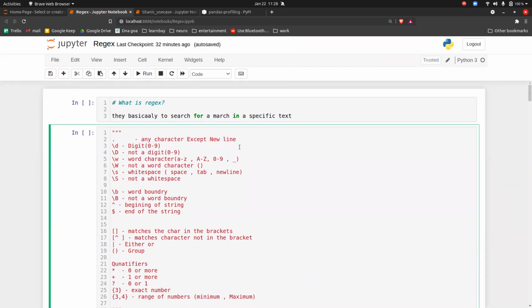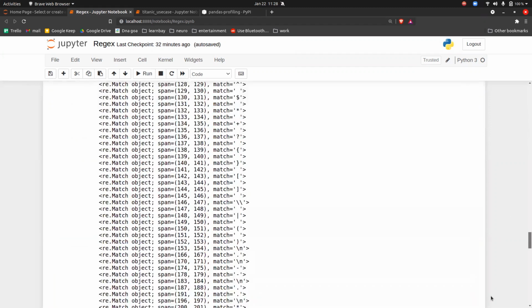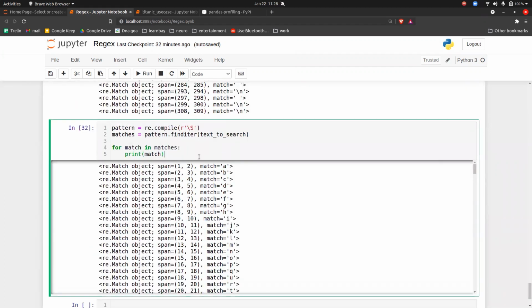Rest everything will be included. But here in not a white space, everything like this will be excluded. Got the difference? Yeah. Okay, so spaces and tabs will also be excluded in not white space, but not in dot. Dot is only for new line. That's it. So this is the difference between a dot and a slash S. I hope you got the difference. Yeah. Okay, guys.